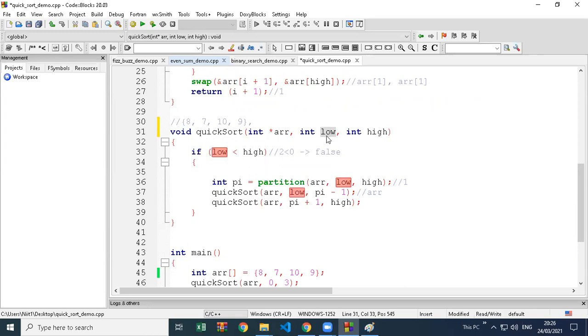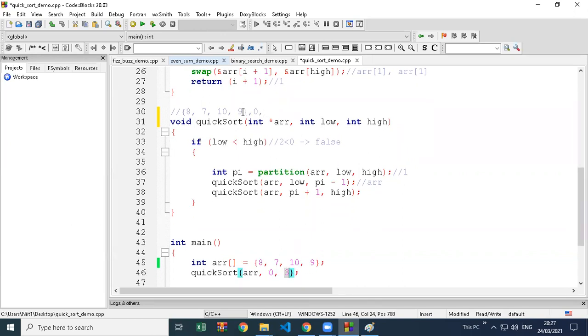Low is the same as the lower bound and upper bound we took. So the low value is 0 and the last position value, high, is 3.